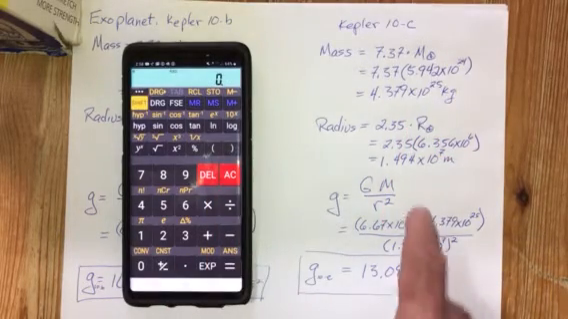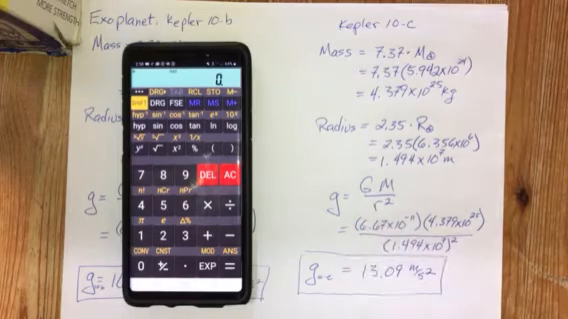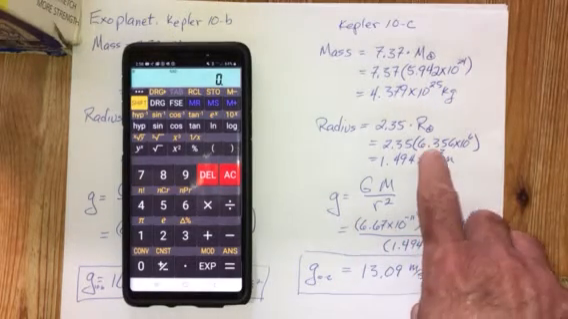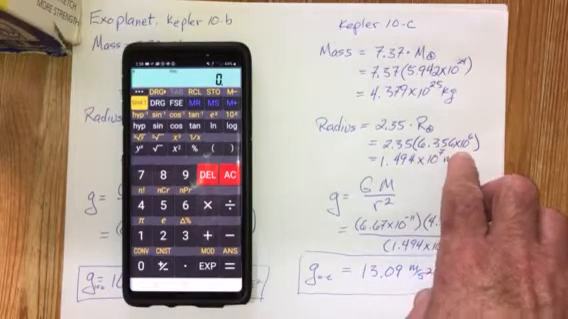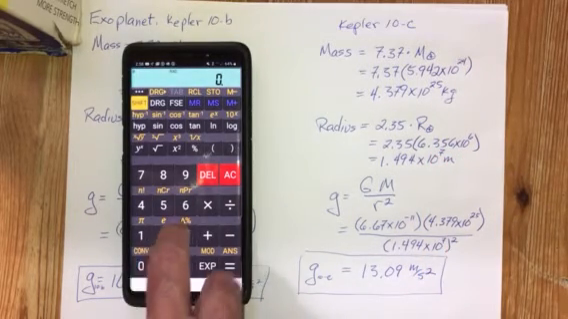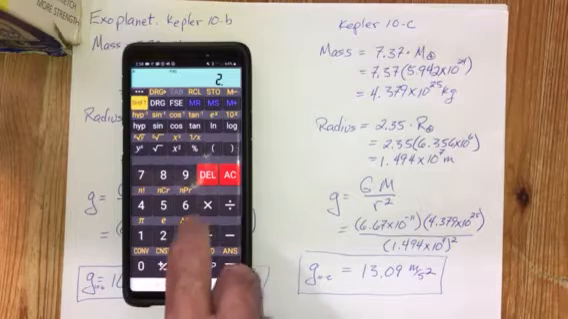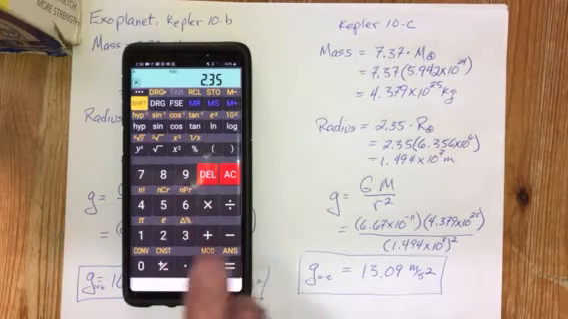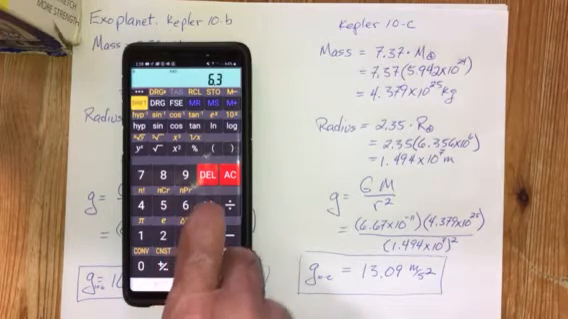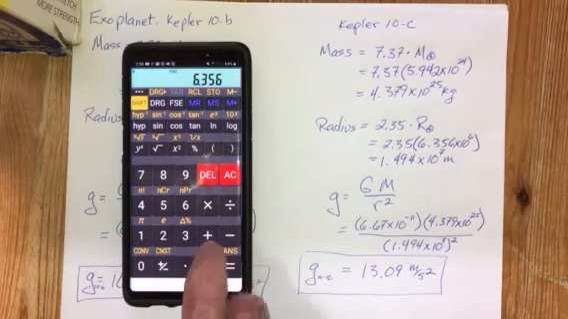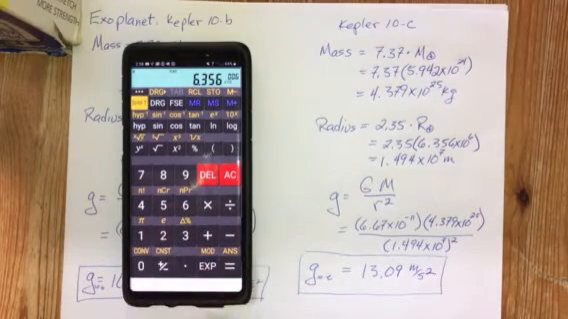Now the radius is published as being 2.35 times the radius of the Earth, and as you recall, the radius of the Earth was 6.356 times 10 to the 6th. So let's multiply that out. 2.35 times 6.356 exp 6 equals, and we get